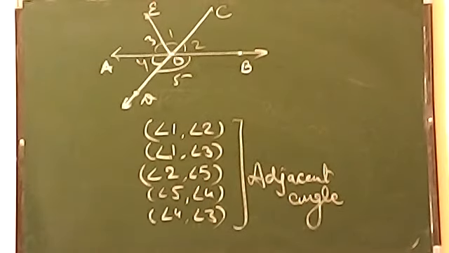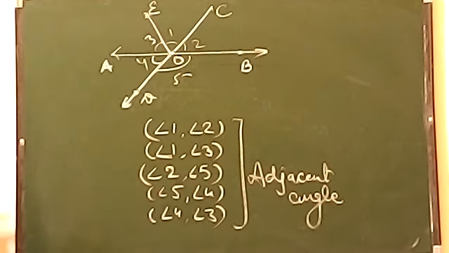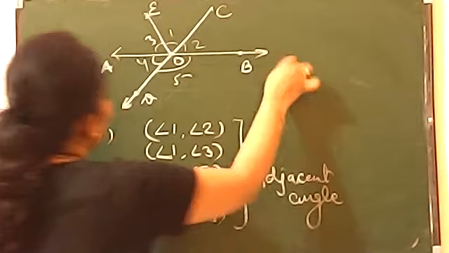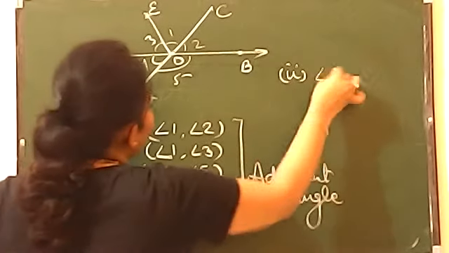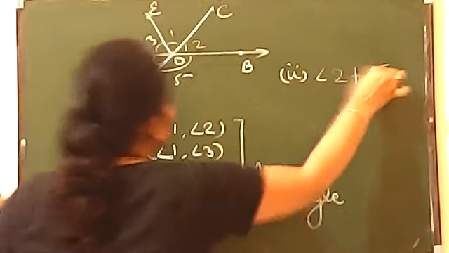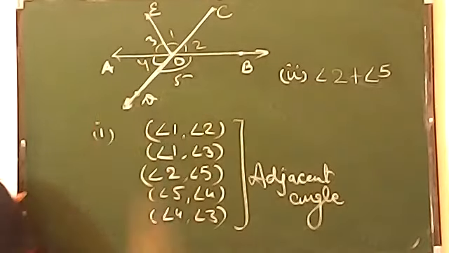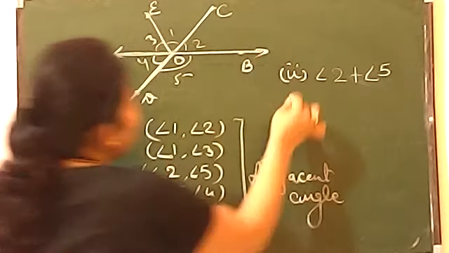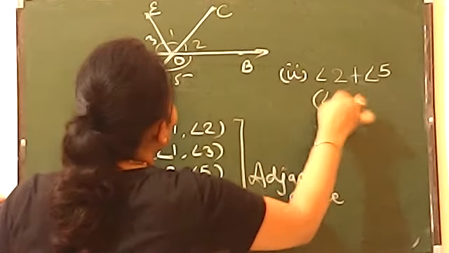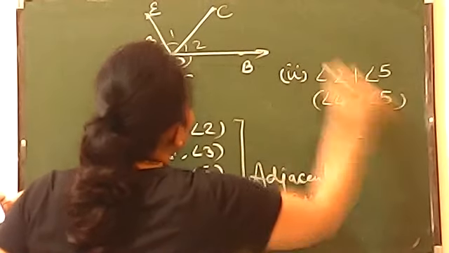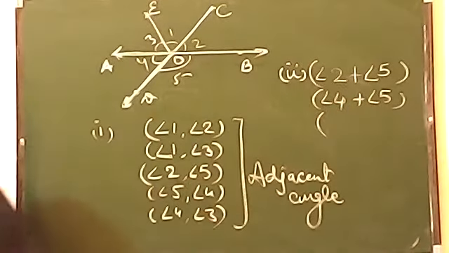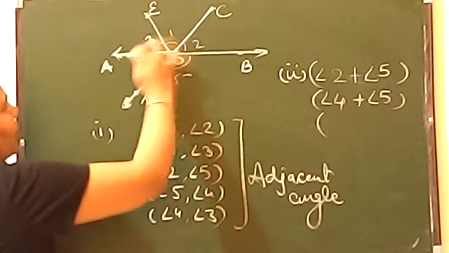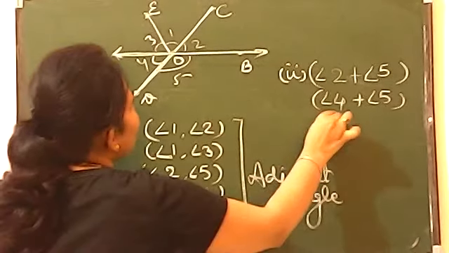Second is asking for 3 linear pairs. You have to take linear pairs. So again, by numbering it will be very easy. I am choosing the linear pairs now. For linear pairs you can see 2 and 5. See this, 2 and 5. Then you can also see 4 and 5. And then the last one, if you find out, you can also have this one. Okay, so you can write it down in this way.